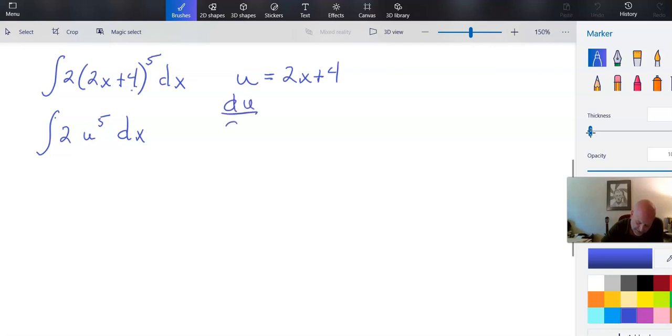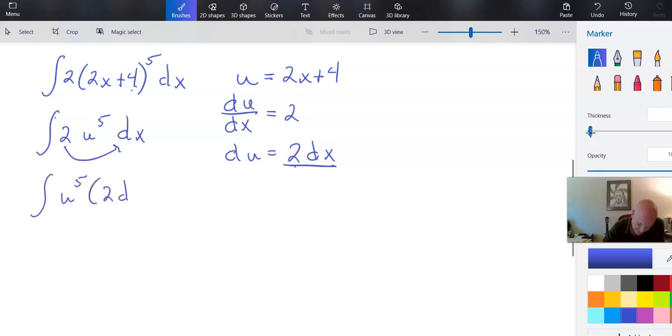This is how we go about finding it. We find du/dx, and I can see that that's going to be 2. Again, this is one of those places where you can treat the differential like a fraction. I can move the dx to the other side and say du is equal to 2 dx. So if I can find a 2 dx, I can take that out and replace it with du. Well, I have a 2 and a dx, so I can separate it out, and that means that's my du. So now I have the integral of u to the 5th